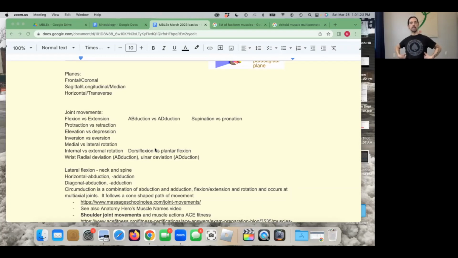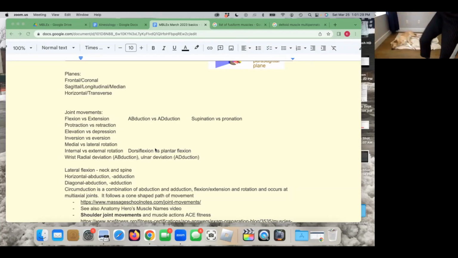And that's going to be inversion and eversion of the foot. So inversion and eversion of the foot. There's my sleeping dog. So this is inversion, and this is eversion. Inversion and eversion. I wanted to do this one because I want to remind you that they both contain